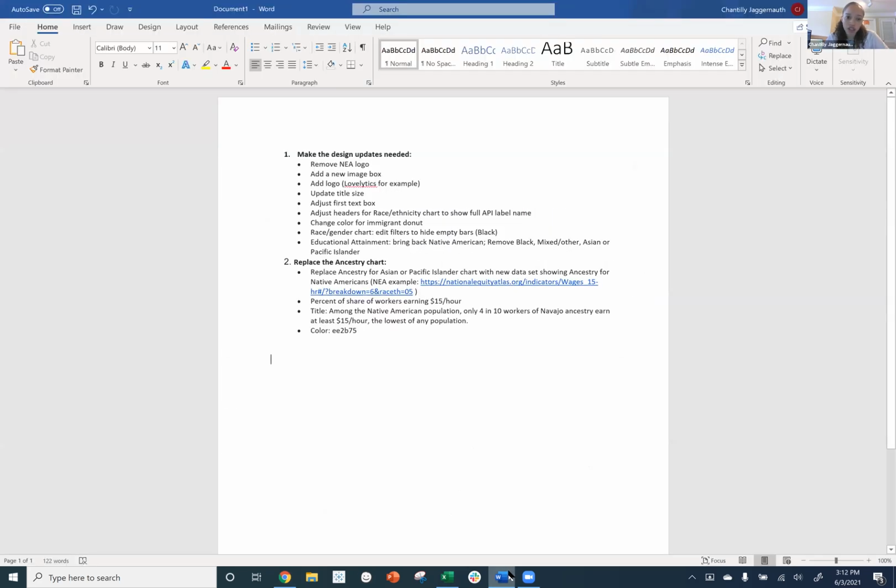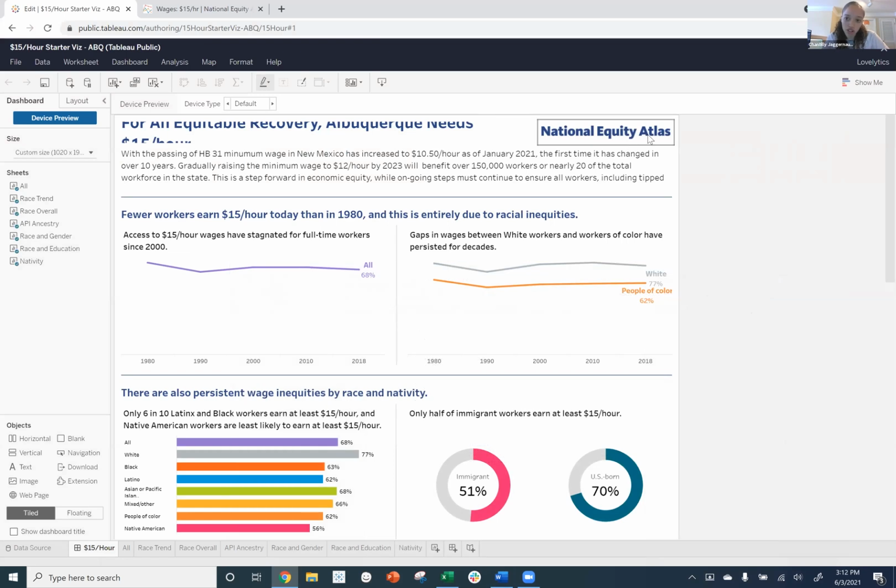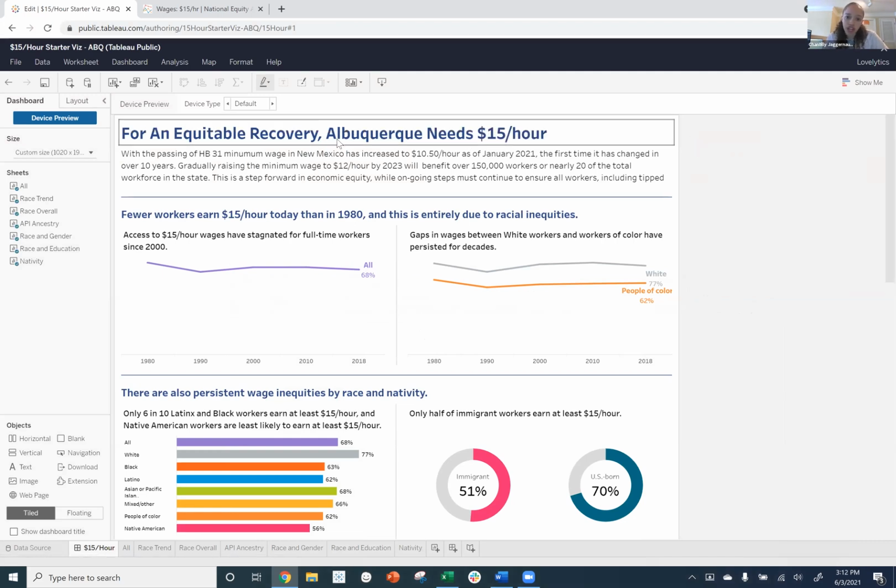So if I go back to my list, the first thing that we want to do is go ahead and remove the logo, and then replace this logo with our own. To remove an image, you simply select it on the dashboard and you'll see an X appear. Go ahead and press X. And now we have the title to expand this entire area, but we then want to add in our own